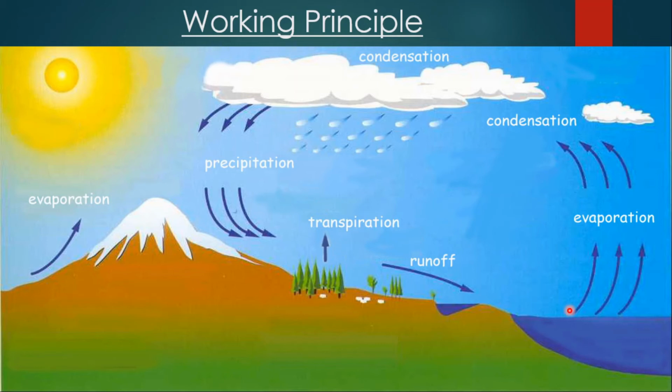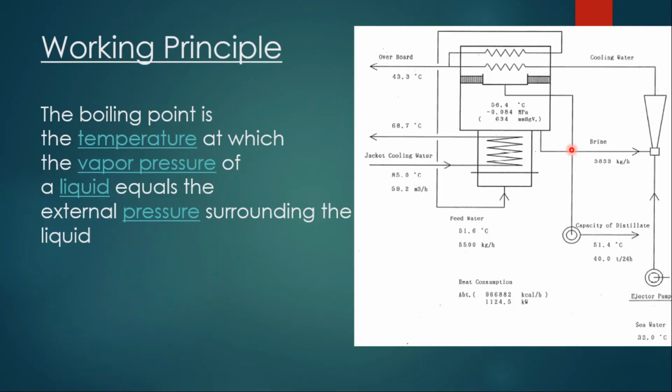But how does that happen? As we know that in the atmosphere water boils at 100 degrees Celsius of temperature, and it gets evaporated. So after that condensation and precipitation and then rain, we know everything that we get to know from here. The same principle is used in a freshwater generator, but with the engine waste heat, we cannot create 100 degree Celsius of temperature, and if we want to create it, we need to burn more fuel for that.